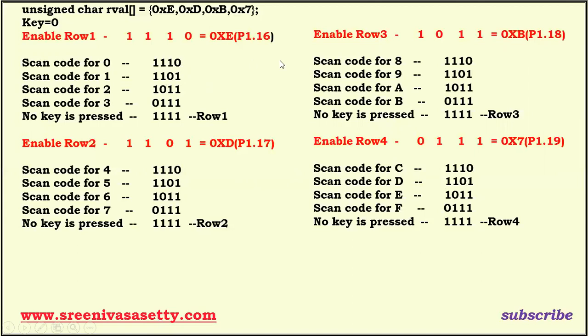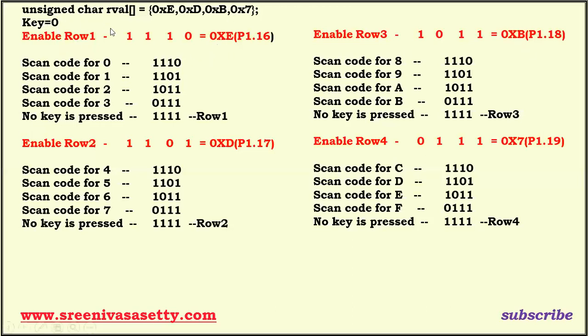Just look here. There will be a variable called key. At the beginning, key is equal to 0. So finally, it gives the value of which key we have pressed. If you press key number 9, key contains 9. If you press key number 4, key contains 4. Now, count. What is the logic behind this? Count the total number of ones before 0. Here, 0 is there, then stop. Then display the current value of key.